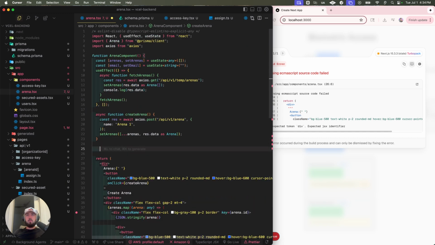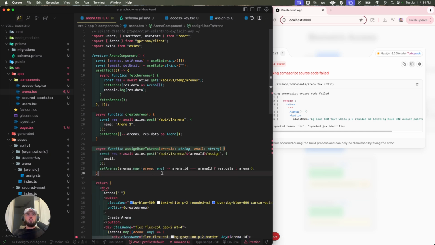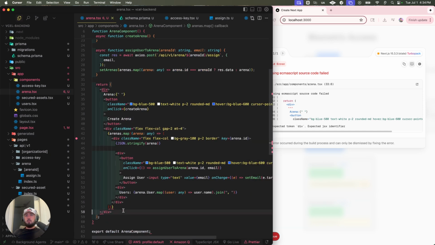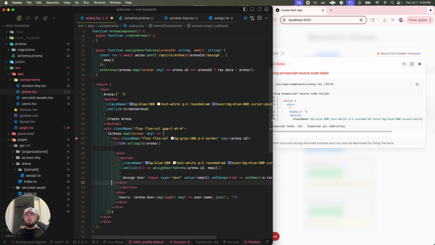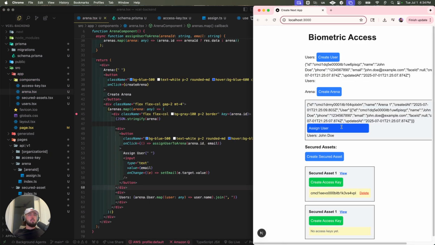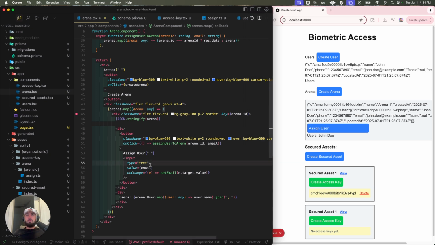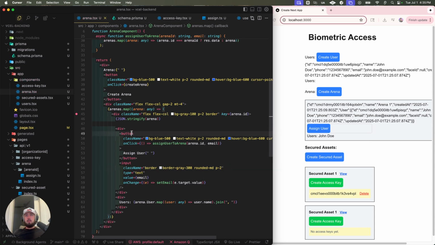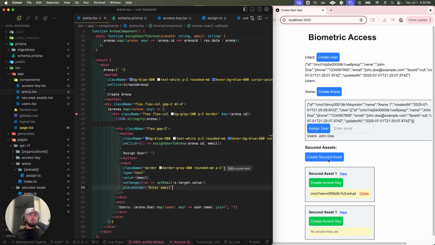Ooh, this is gonna work smooth, folks. Smooth. The question is, I think that too. Okay, so assign user, boom. Oop, did not mean to click the button. Flex gap 2. Okay, so that will be enter email of the user, and then